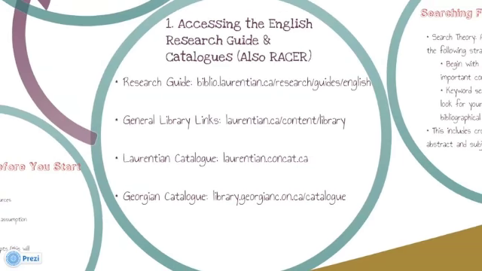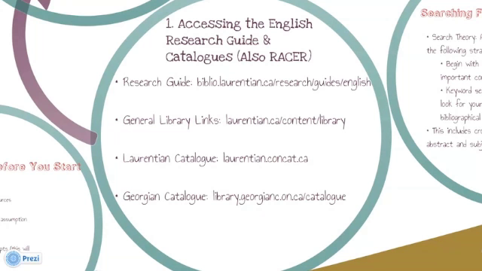Okay, so our next section will be accessing the English Research Guide and the catalogs. I will talk about Racer briefly, but more in detail later on. I'm not sure if you are aware, but my colleagues and I have written a really great research guide. The URL, which is here, is biblio.laurentian.ca/research/guides/English. And here you're going to find all of our English-related databases and reference sources, and pretty much anything else